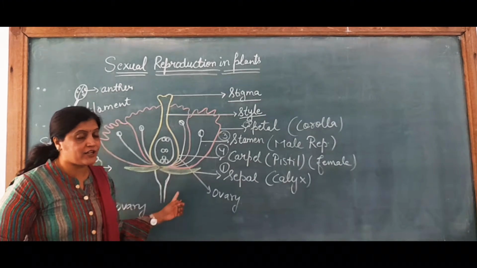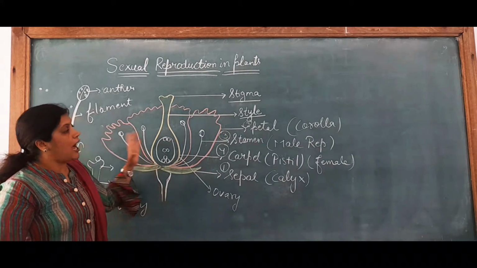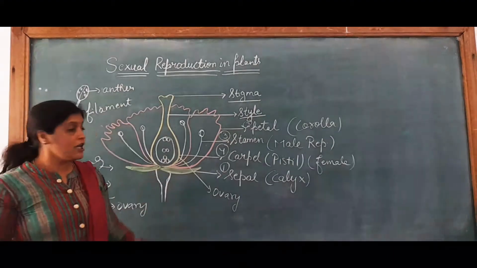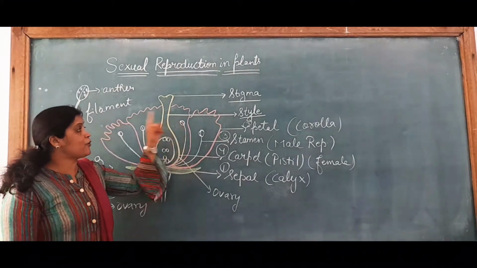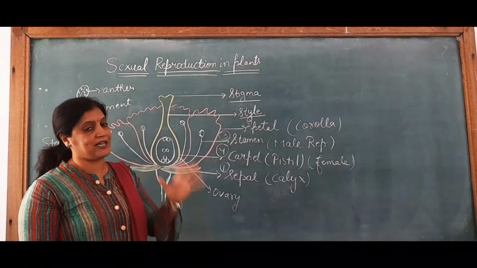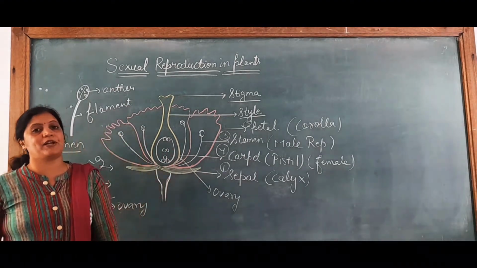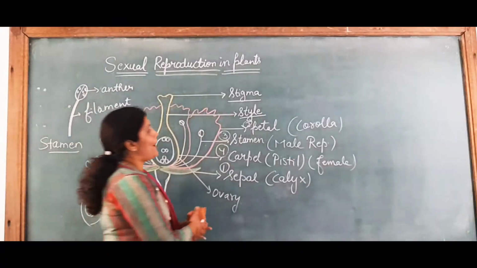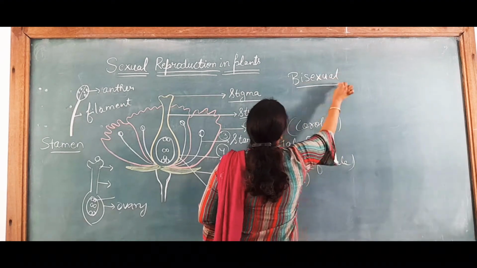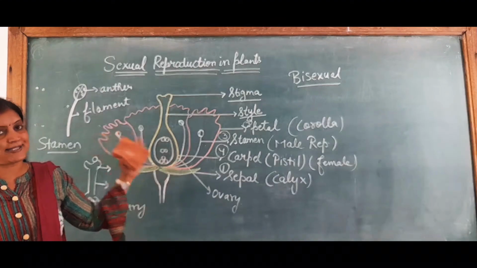Okay, so this is the structure of flower. In the subjective question it will be asked, and some objective questions can also ask this way. Now, after discussing the structure of flower, in this diagram you can see the male reproductive part stamen and female reproductive part carpel, both are present. So if both the male and female reproductive parts are present in a flower, it is called a bisexual flower. Examples of bisexual flowers are hibiscus, mustard, gulmohar, etc.